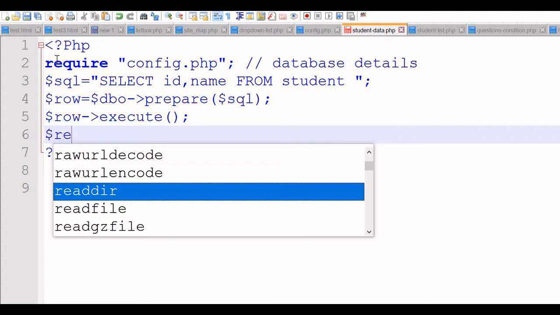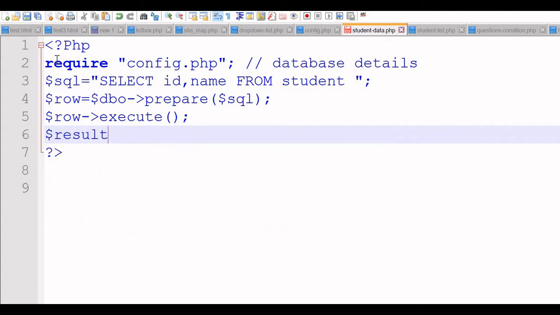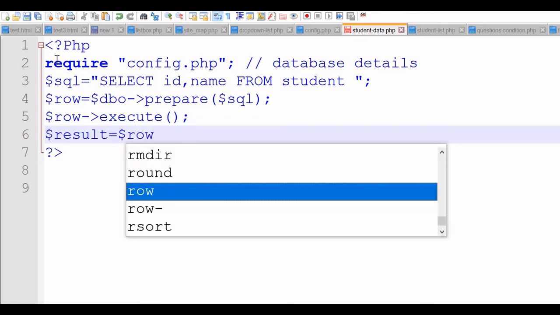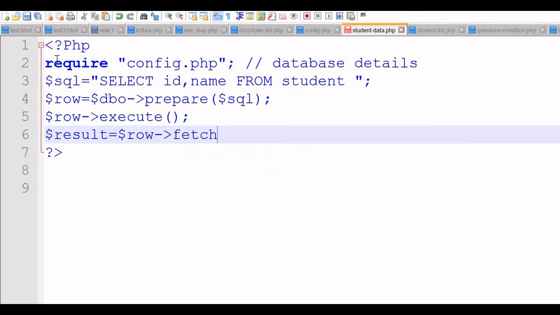Now let us get the result set. Result is equal to row, fetch all. Now we are using PDO here. Fine, so that's all. Now the result will hold the data set.